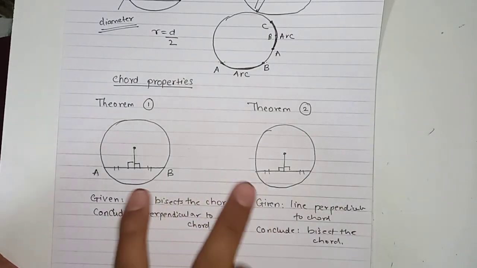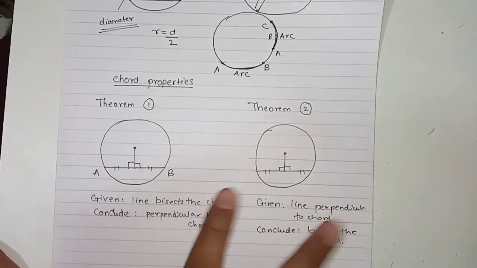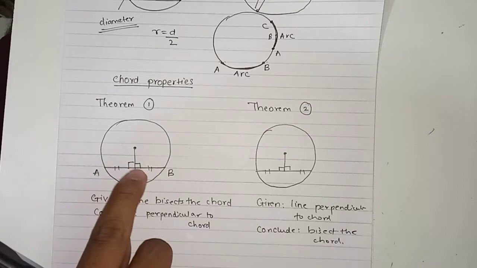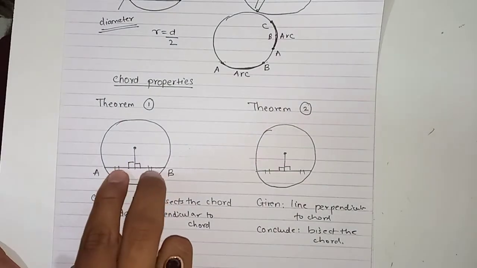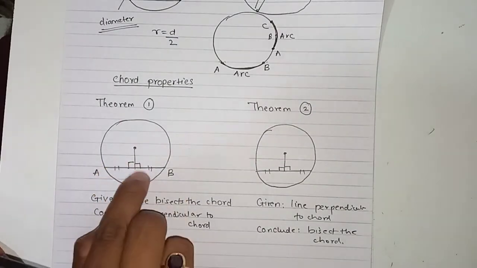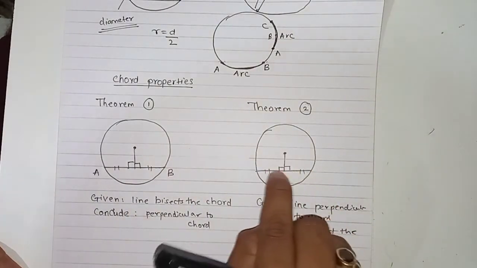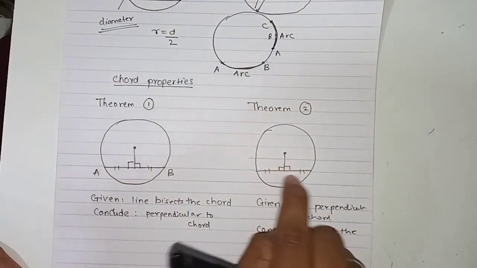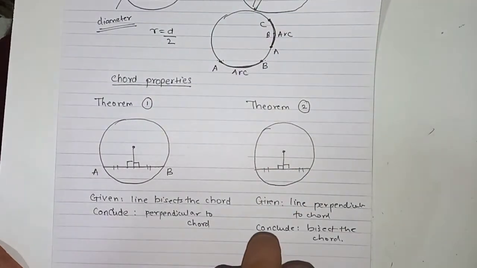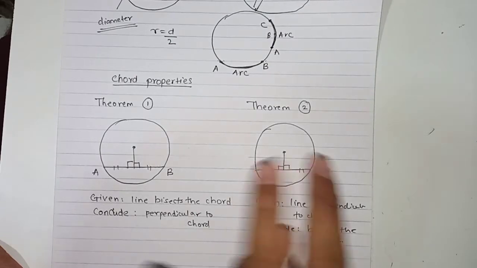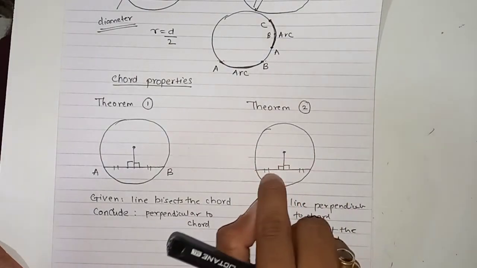Okay, both theorems are same, only the given condition changes. यहाँ पे क्या दिया था कि ये लाइन है जो कॉर्ड को बाइसेक्ट करती है, तो it will be perpendicular. बाइसेक्ट का इन्फॉर्मेशन दी हुई थी, तो we concluded that हाँ ये परपेंडिकुलर भी होगा. यहाँ पे क्या बोला है कि ये लाइन परपेंडिकुलर है, वो दिया है, तो हम कंक्लूड करेंगे कि यस फिर ये बाइसेक्ट भी करता है. ओके, दैट मीन्स बाइसेक्ट करना और परपेंडिकुलर होना दे गो हैंड इन हैंड. ओके, ये दोनों हमेशा ट्रू होगा.